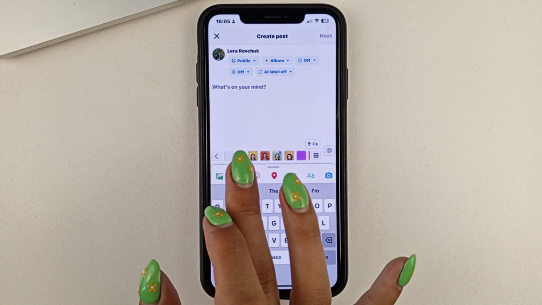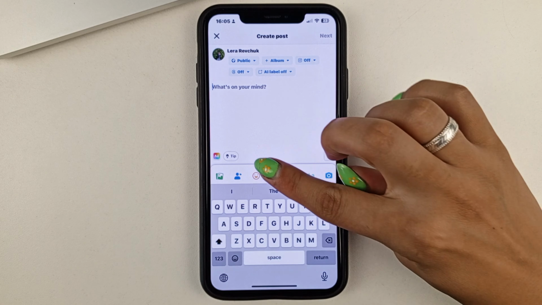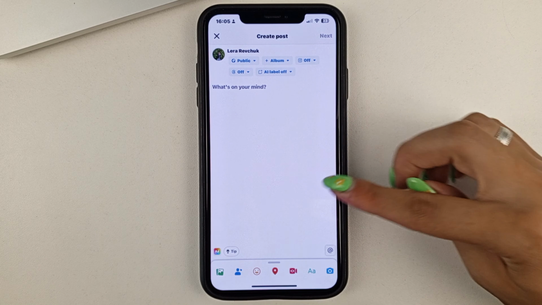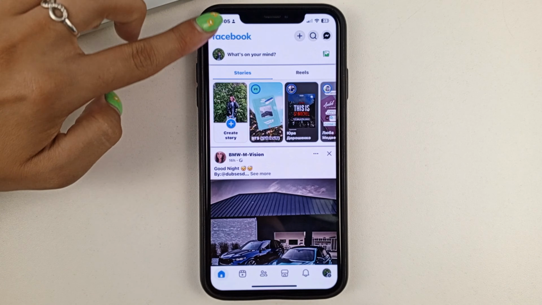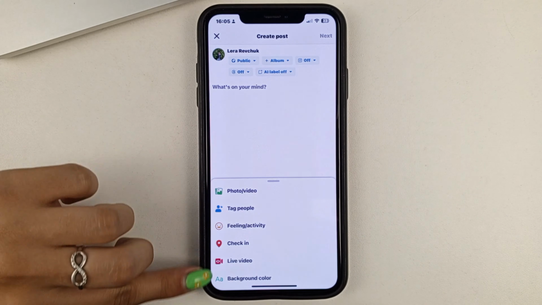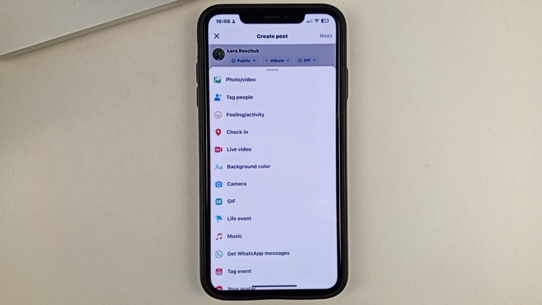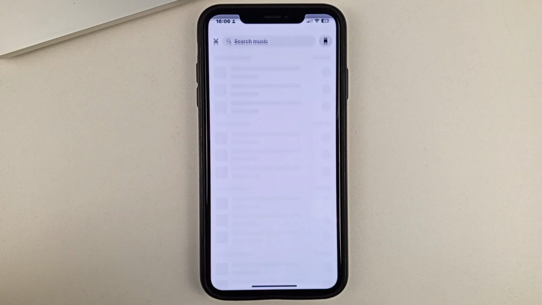And once you've made all the changes that you want to make, you'll also be able to add music here. You'll need to scroll down this line here, or this line here. If you haven't written anything yet or added any photos, you'll have a menu like this. And you can only insert music into your Facebook post. So scroll down a little bit, find the music section.